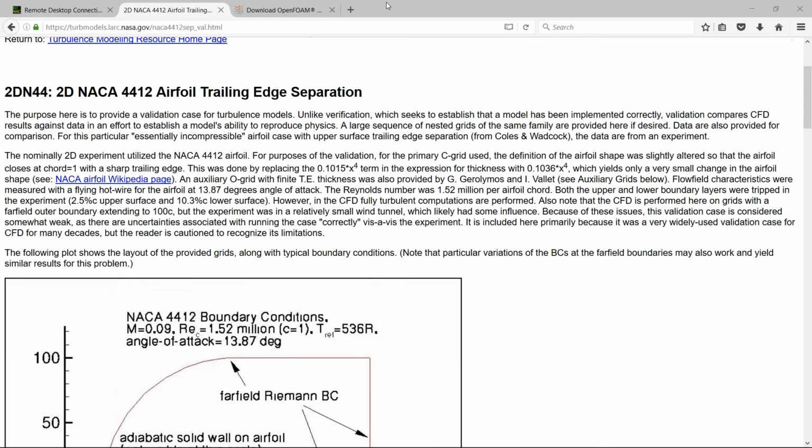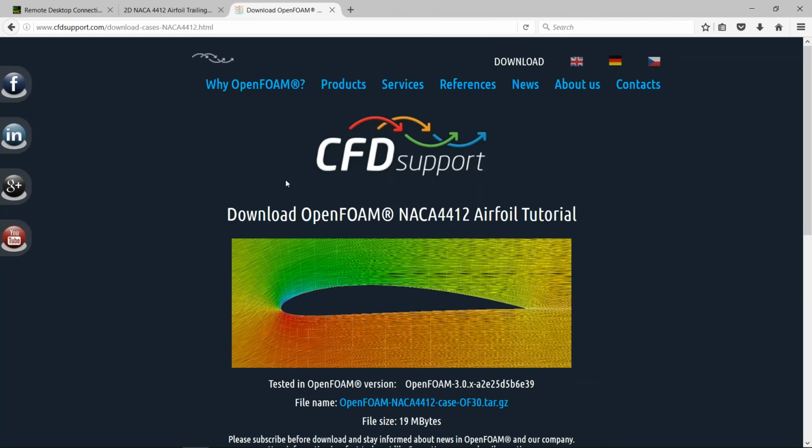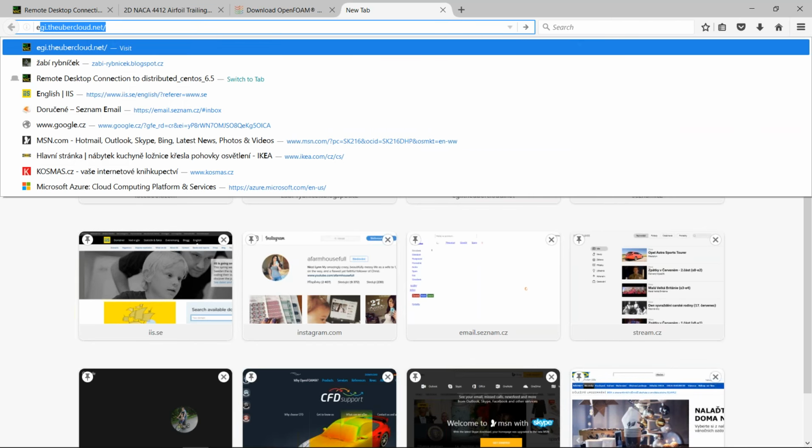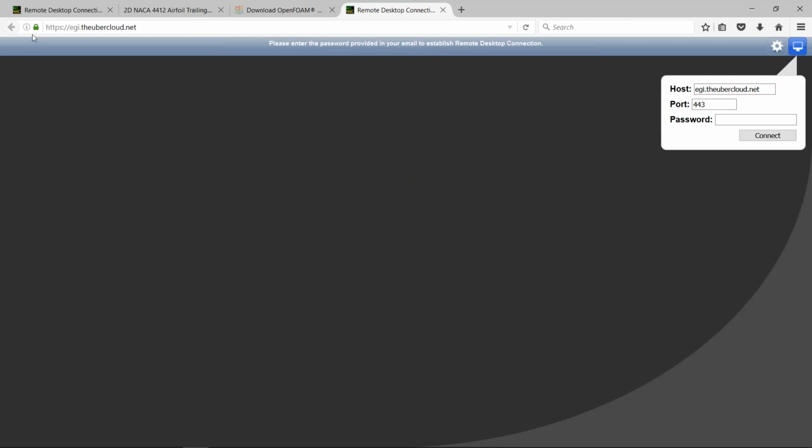The test case is created. It can be downloaded on our website, on the CFD Support website, so anybody can come and download the test case and run it in standard OpenFOAM version. Perhaps this is the time to show you how to connect to a cloud and to perform a simulation on it. The only thing you need is the web browser, which is Mozilla Firefox right now, and I will put in the link which I need from the provider, right? So I will input the link, which is